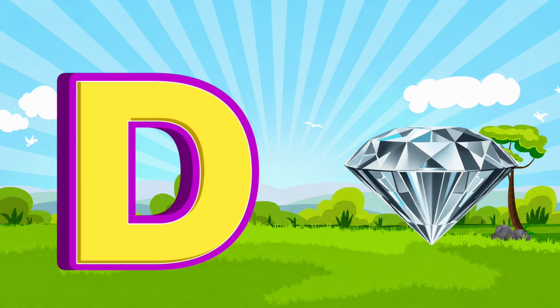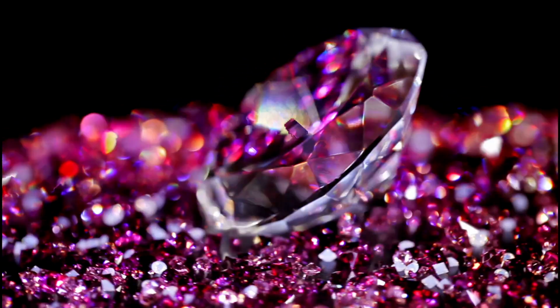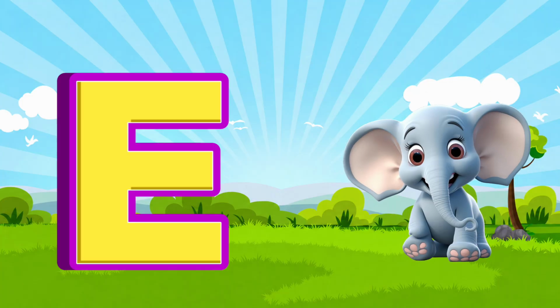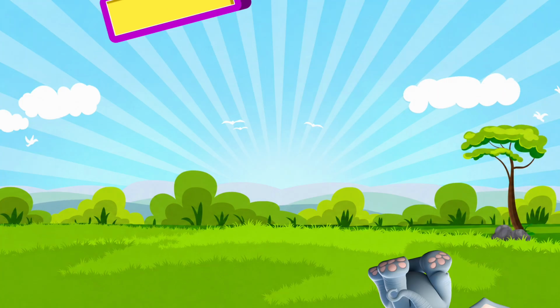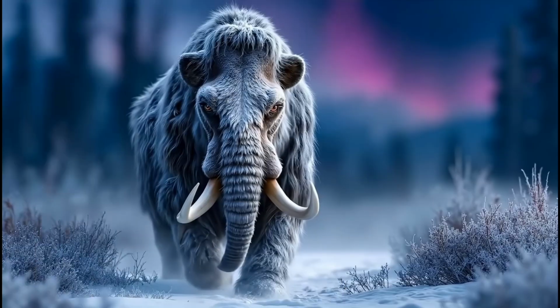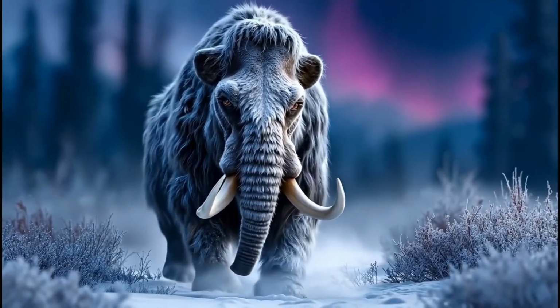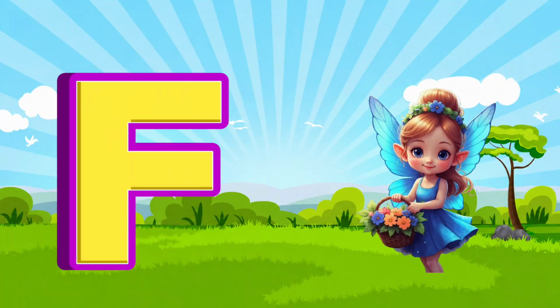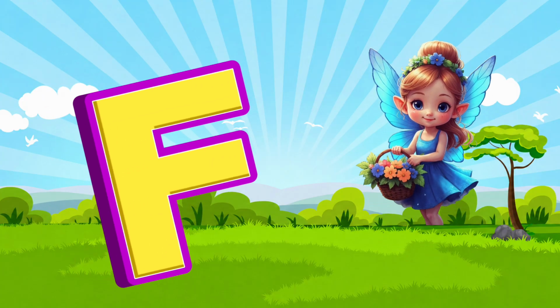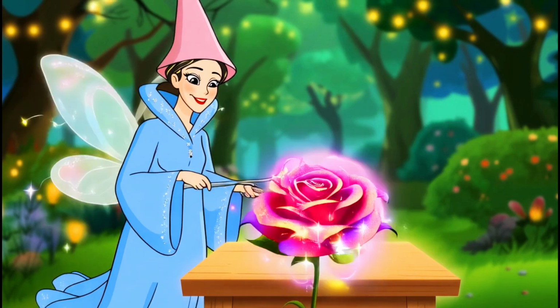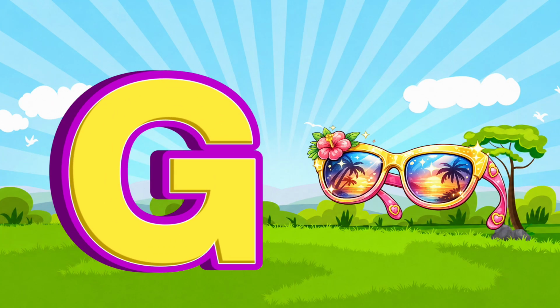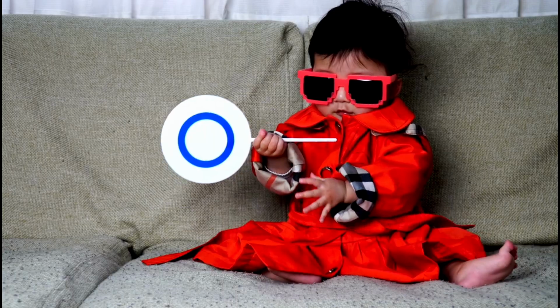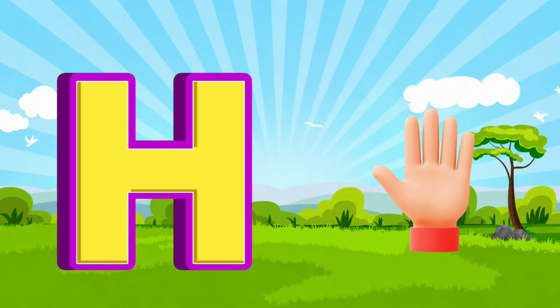diamond, diamond. Shine diamond. E is for elephant, elephant, elephant. Big elephant. F is for fairy, fairy, fairy. Magic fairy. G is for glasses, glasses, glasses. Gray glasses. H is for hand,